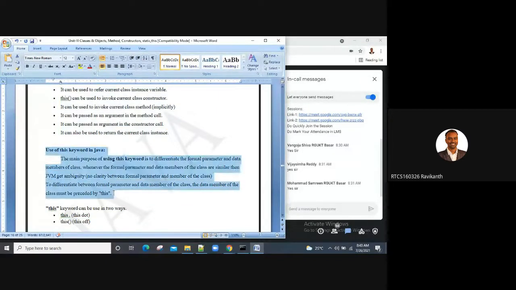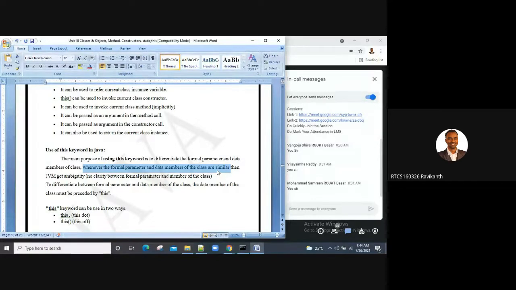The main purpose of using the this keyword is to differentiate the formal parameters and data members of a class. I don't think I have to stress much on formal parameters and members of a class. Whenever formal parameters and data members of the class are similar, the ambiguity situation arises. If they are not similar, there is no problem at all.